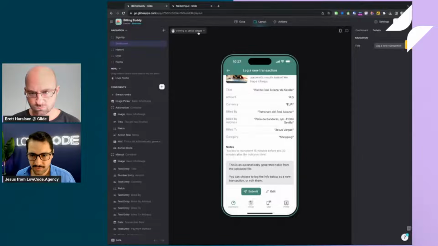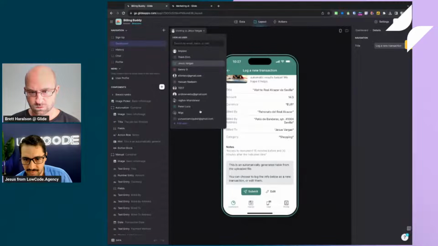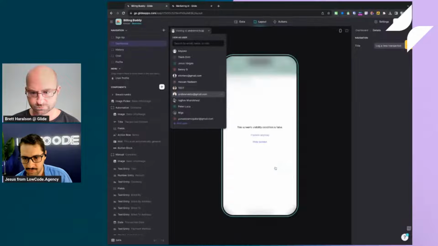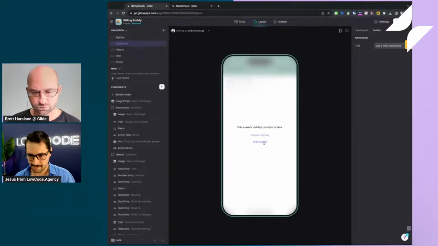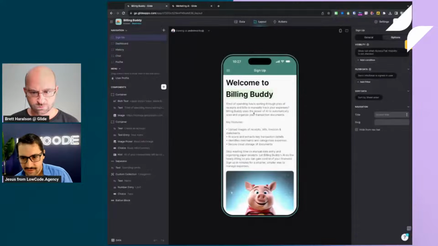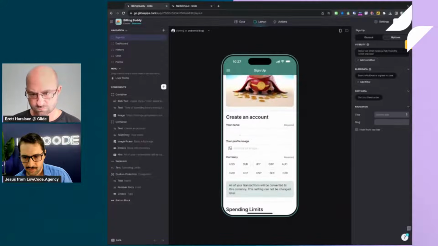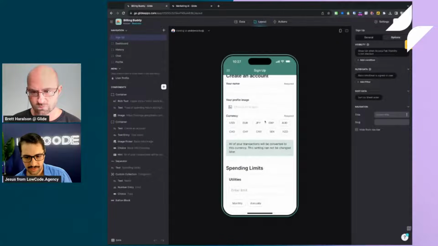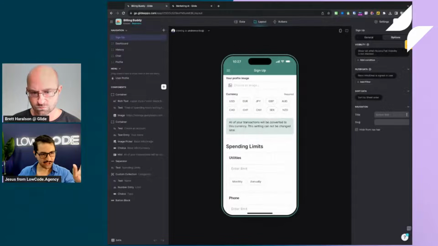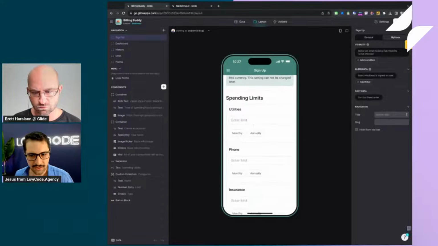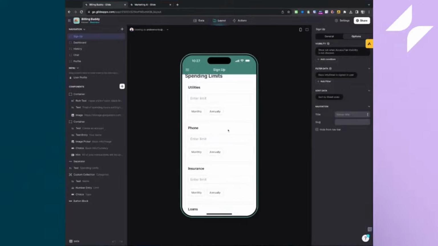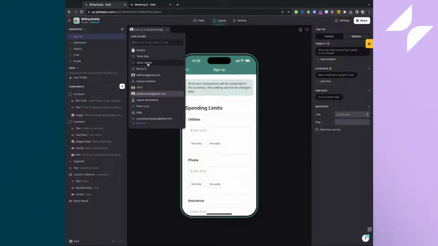I'll come back to this in a second, but first I'll briefly show you the onboarding process, because this is not only cool, but important. So the first time you log into the app, you will create your account, and then you will select your currency, right? Because the charge that I just showed you, the one from Spain, was in euros, but my currency is US dollars, and that'll come in handy in a few seconds. And then I can also add my spending limits for my different categories. So for utilities, my phone, insurance, food, etc. Right? So now if I go back to my profile,